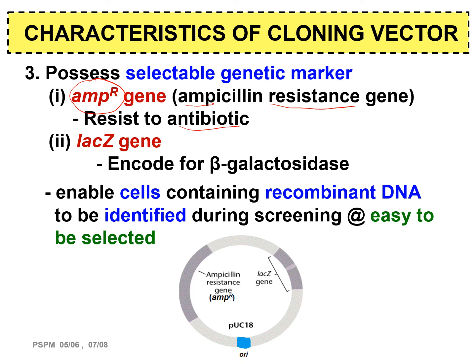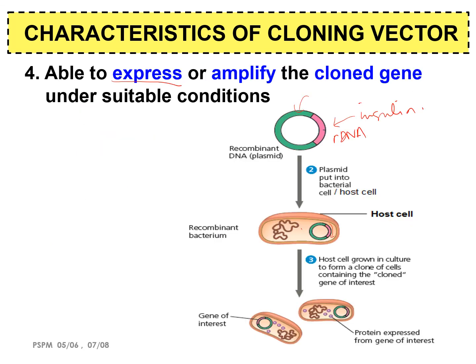While the lac gene is the gene that encodes beta-galactosidase, as you have learned in topic 6. This selectable genetic marker will help us to identify those plasmids or those cells that carry the vector with the gene of interest. I will explain it later on. So it will be easy to be selected. Next is characteristics of being able to